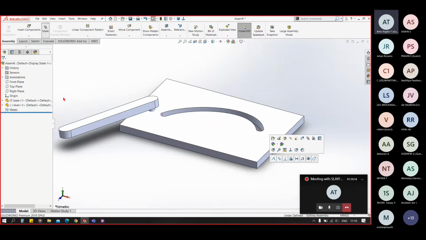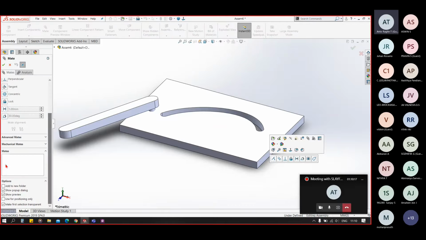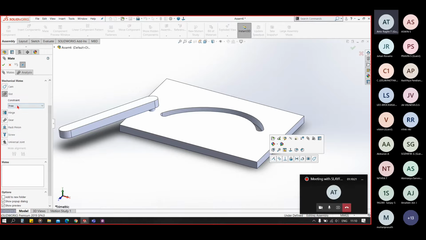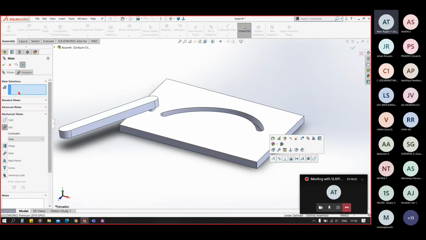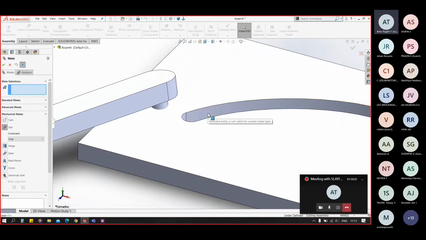Now go to mate, go to mechanical mates, go to slot, and in this select a slot.